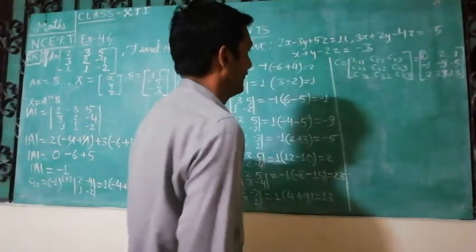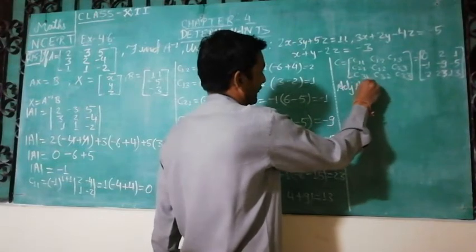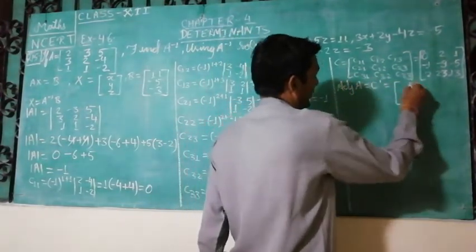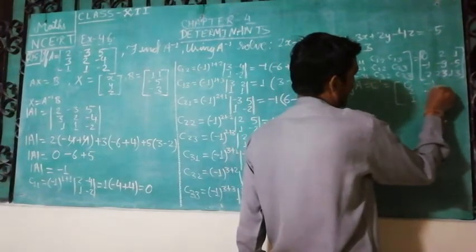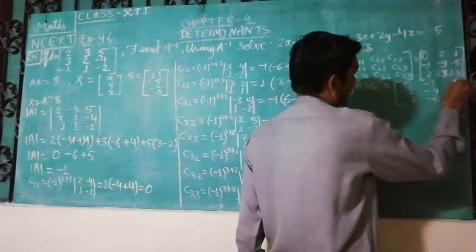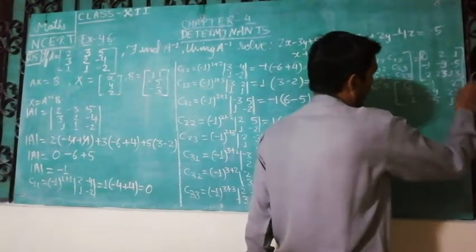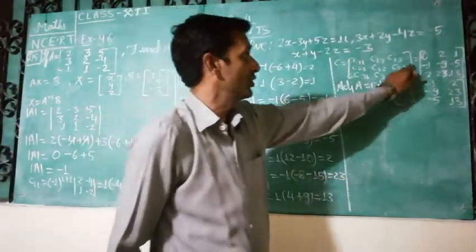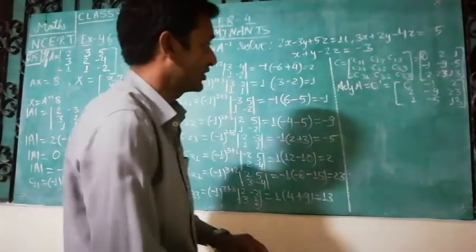So now finally, the adjoint of A is equal to what? Adjoint of A is equal to C dash, meaning the transpose of C. That will be equal to 0, 2, 1 will be here. Now minus 1, minus 9, minus 5 will be in the second column and in the third column it will be 2, 23 and 13. As we know, all the rows are written in the columns in a transpose. So these rows are written in columns for finding out the transpose.